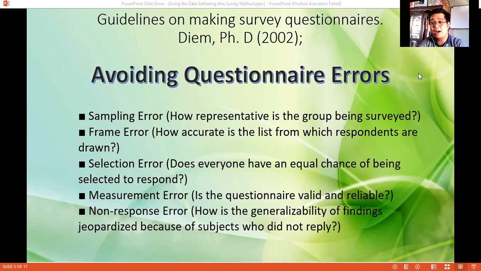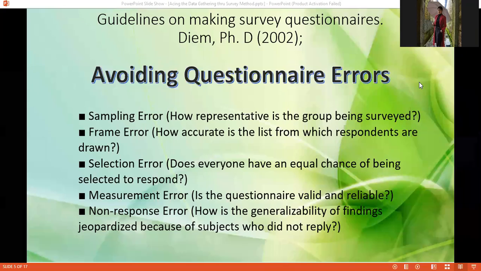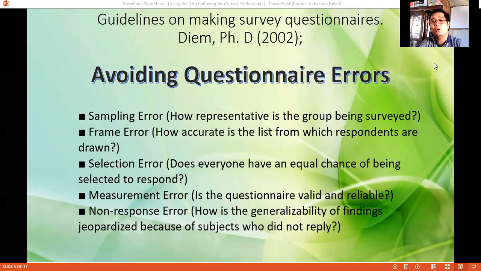How about if you have the same groupings, just tell me if you have already answered. How about Clarice? What is your frame? Miss Clarice, are you here? Sir, wala pa din po. What is your approximation? Technically you know your environment, you know your population, how big the population is. So what is your approximation?